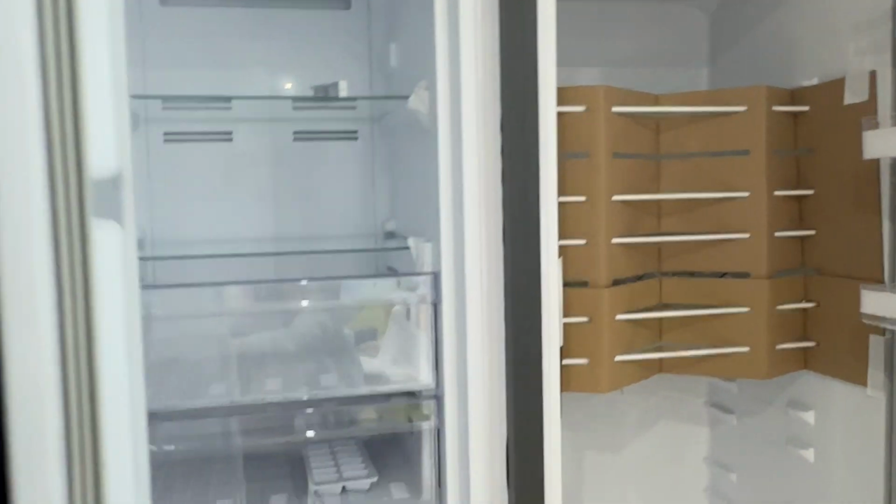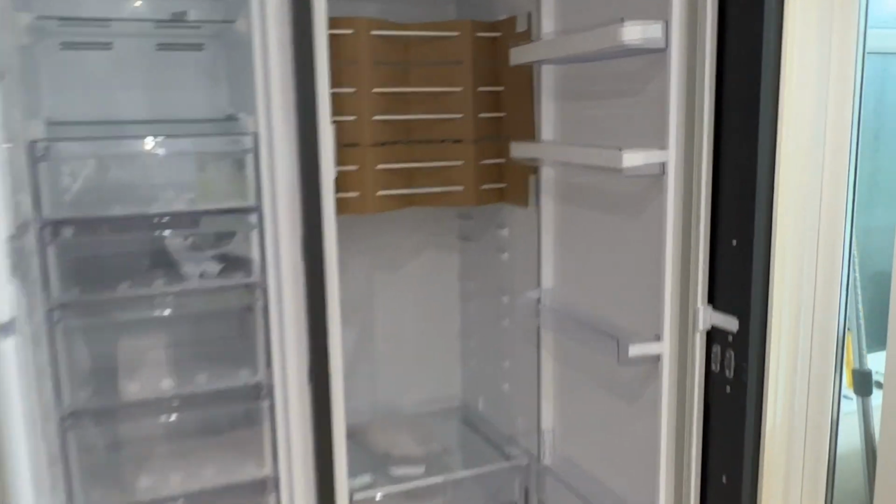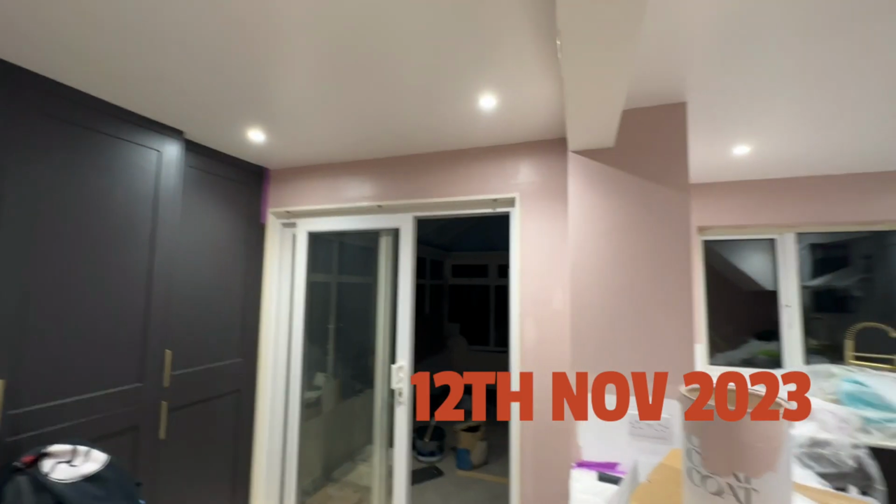Behold, fridge. Freezer. Ooh, yeah. So once the kitchen was fully fitted, we only had a few days until we had to